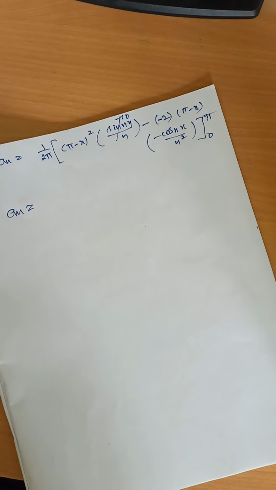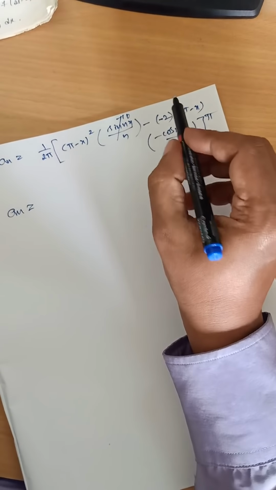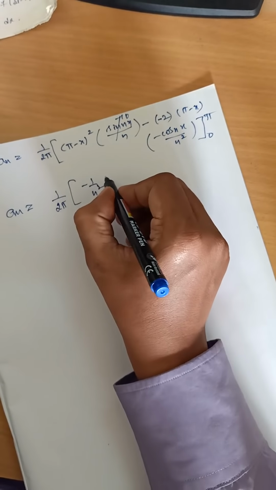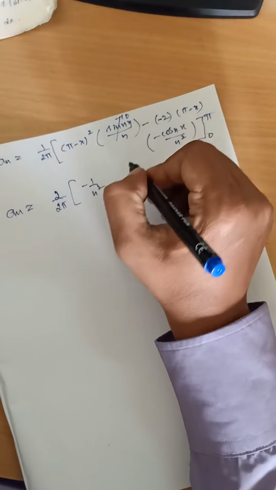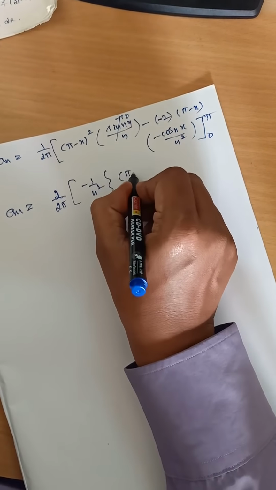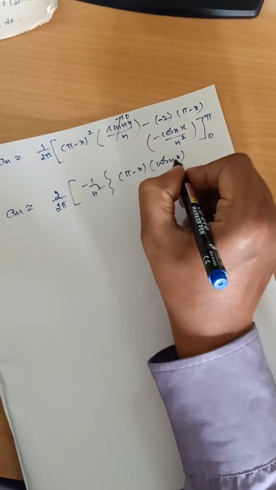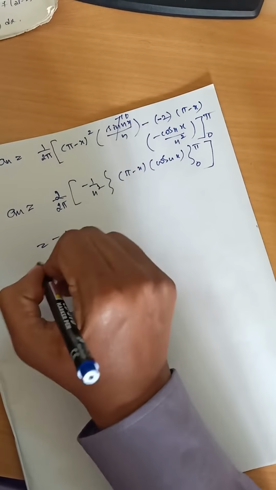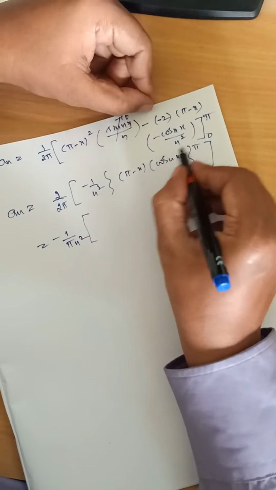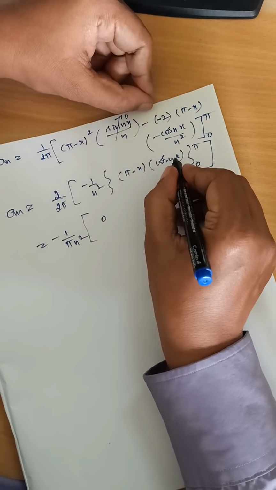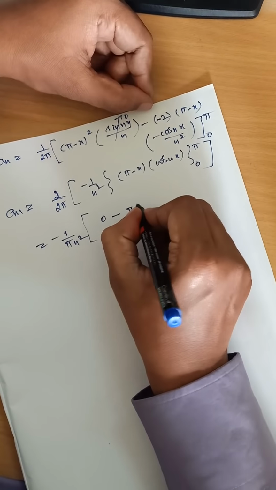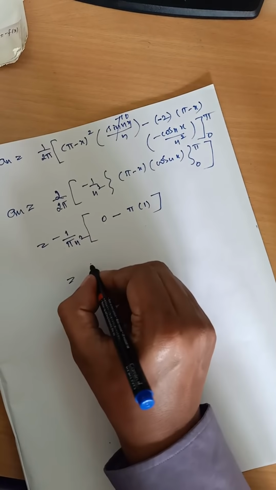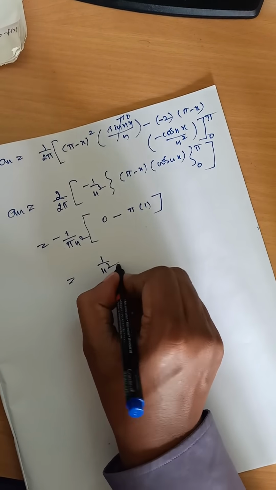Apply 0 or pi, sin term 0, an is equal to, see here, minus into minus plus, minus into minus plus into minus minus, 1 by 2 pi outside, minus 1 by n square common, here 2 common outside, inside pi minus x into cos nx 0 to pi, that is 1 by pi times minus n square common, apply pi minus pi is 0, 0 into anything is 0, minus apply 0, pi cos 0 is 1, that is equal to minus into minus plus, pi cancel, 1 by n square, that is an.